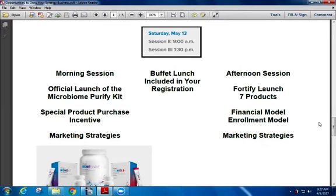And then in the afternoon session, they are going to show you the Fortify launch. Now, what do people do after they're on the Purify kit? They need to go to Fortify. And so that Fortify launch is the next step or progression in resetting and maintaining their microbiome, and there are 7 products that are part of this. I don't know how many are new and how many are not, but there are 7 products. Some of them are new, and then they're going to show us the financial model and the enrollment model to,